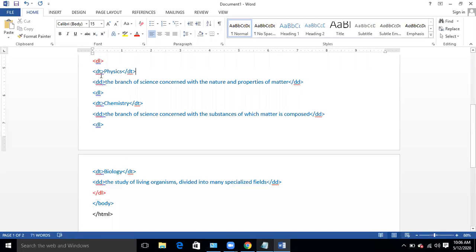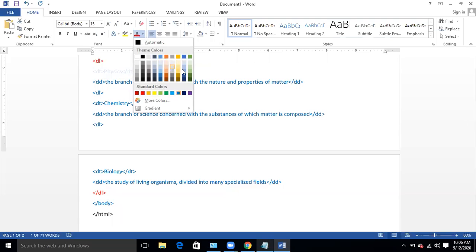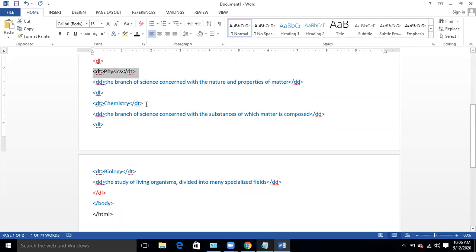And in the description list, these are DT. DT are the headings. I changed it to a different color so that you can see this. This is the heading, physics. This is the heading that we are mentioning, the heading meaning the definition term.